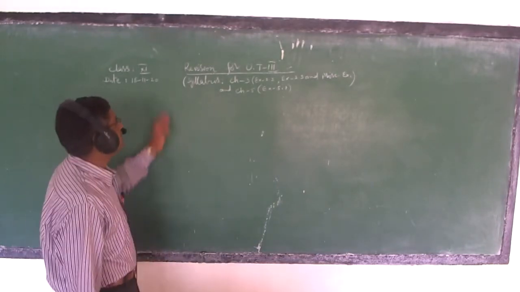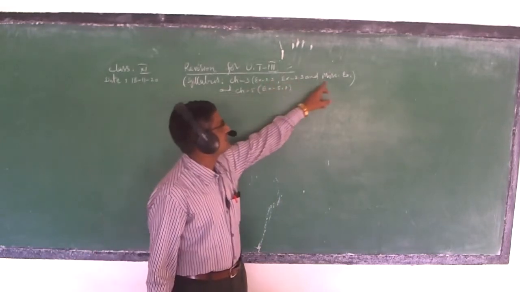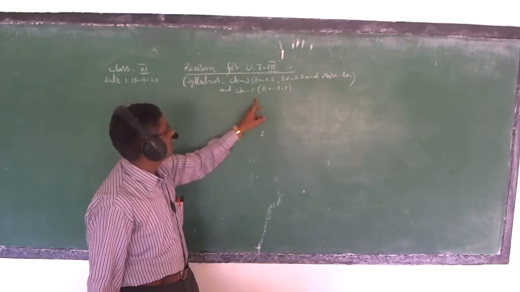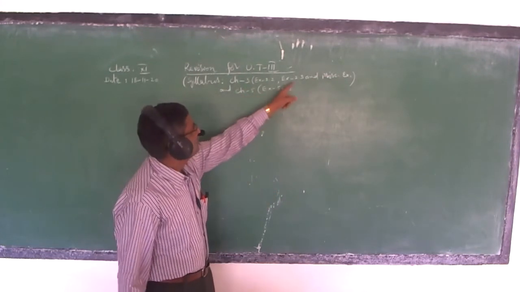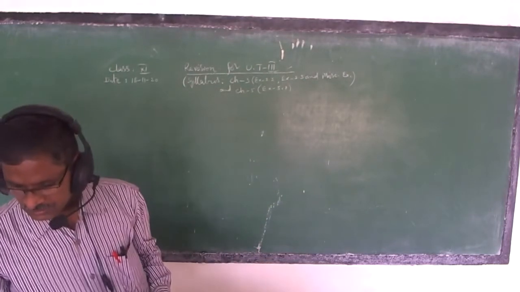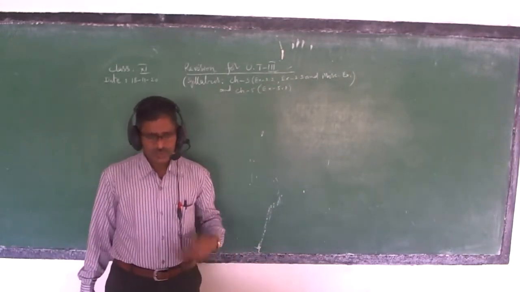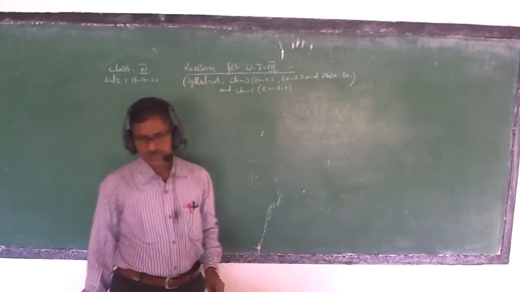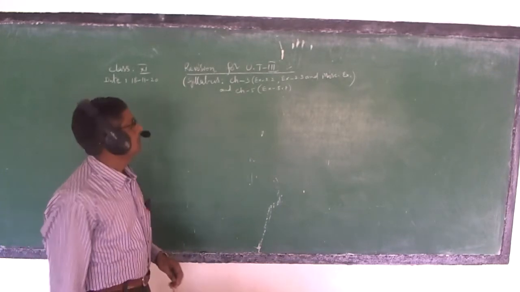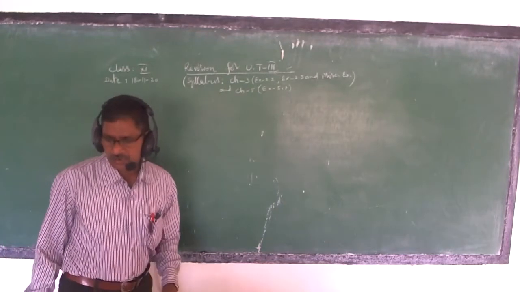As far as the syllabus is concerned: chapter 3 trigonometry, exercise 3.2, exercise 3.3, miscellaneous exercise also, and chapter 5 complex numbers, exercise 5.1. Especially exercise 3.3, question number 6 onwards. Questions 1 to 5 were already covered in the first term examination. So in exercise 3.3, question number 6 onwards is there in the Unit Test 3 syllabus. So some questions I will try to revise.